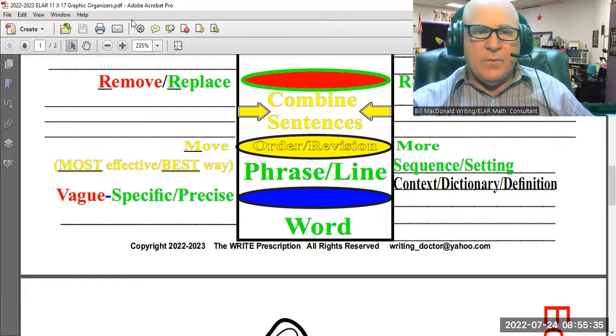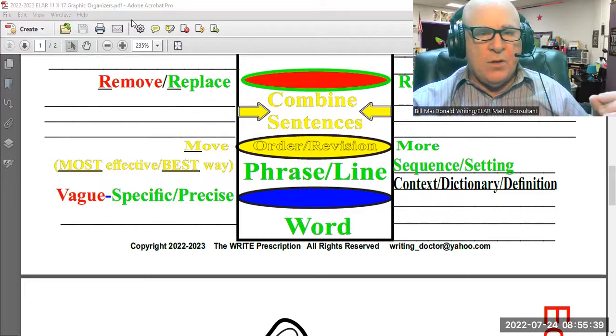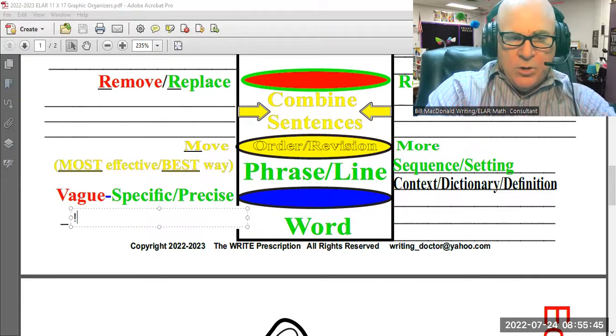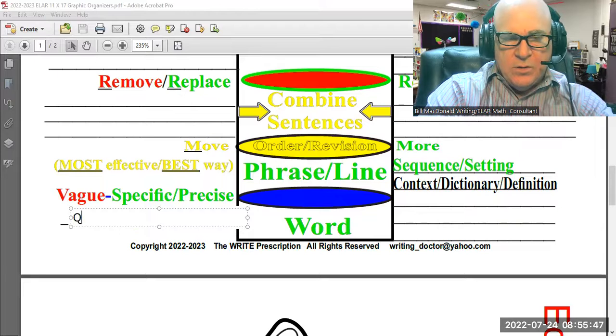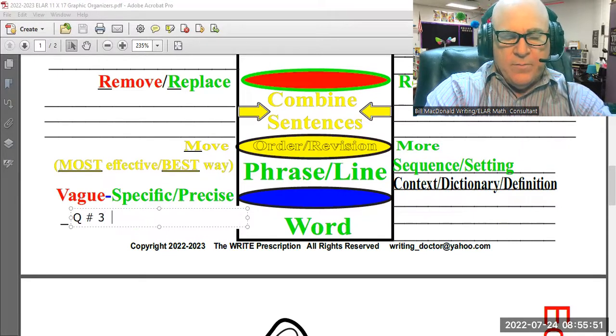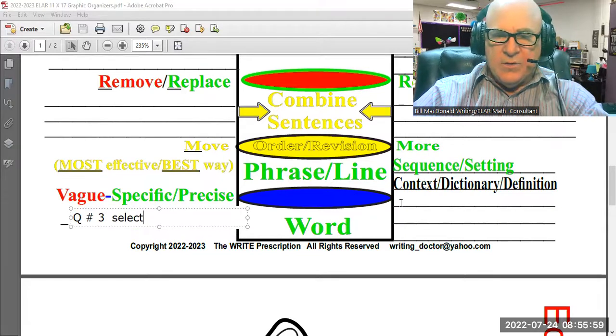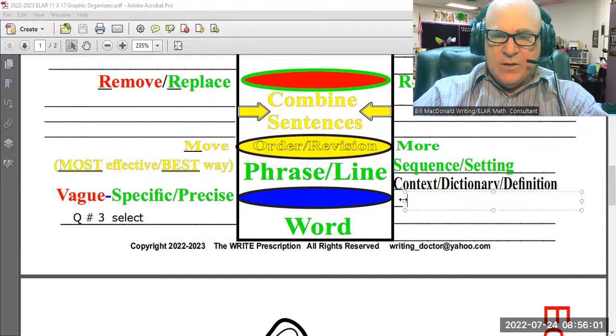select was too vague. So we're going to write here question number 3. Select being too vague. And so on the other side, we've got to check the context,